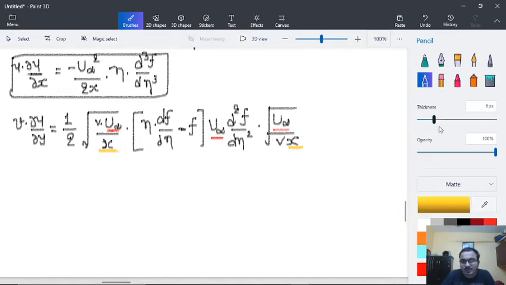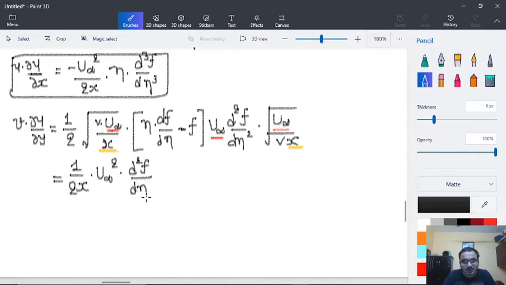So here what we will be getting is 1 divided by 2x into u infinity square into d2f over d eta square into, here nu will get cancelled out, so nu will not be present now, and the remaining part will be this bracket, that is eta into df over d eta minus f. So this will be our value of v